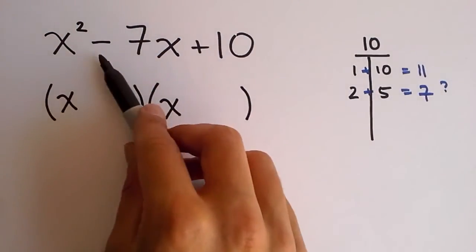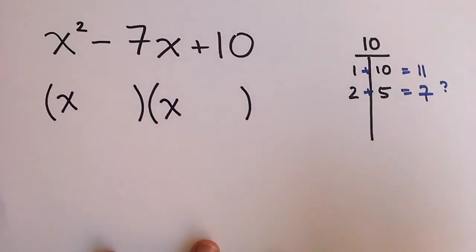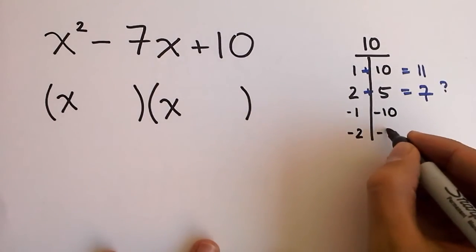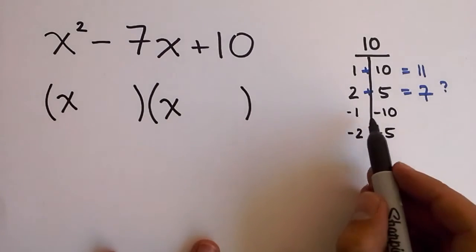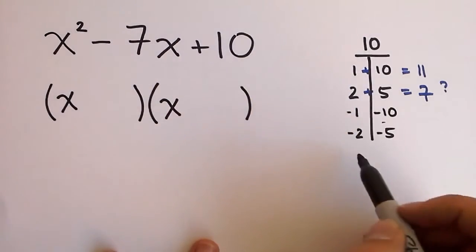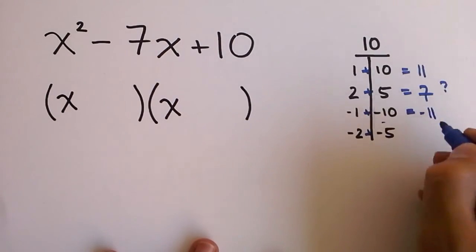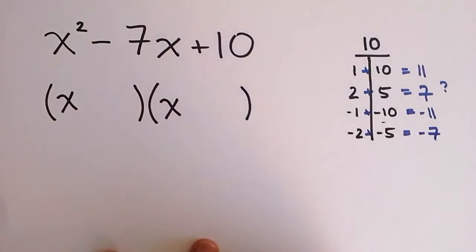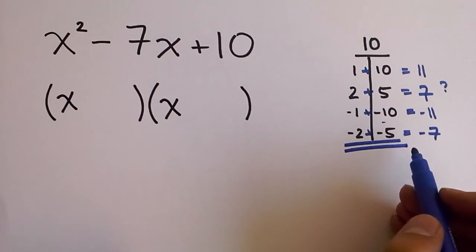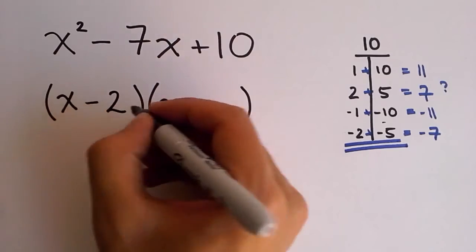That happens because as you see a negative sign here, you need to consider not only the positive factors of your constant term, but you should also consider the negative ones. So you should also consider -1 and -10, because -1 and -10 multiply up to 10, and when added, they give you a negative number. So if you add these two new pairs that we found, you obtain -11 and you obtain -7. So see that these two factors that you found here are the ones responsible of this quadratic expression. So x minus 2